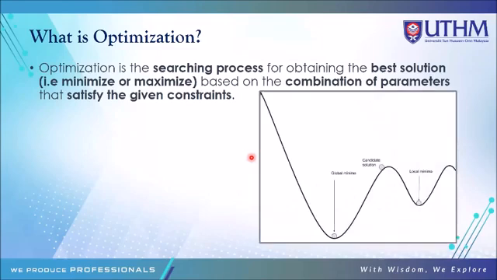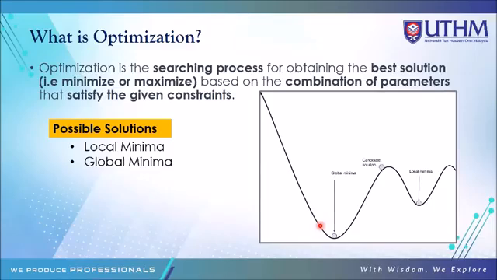Look at the example of the optimization solution. Basically, what we have to know in the optimization solution, let's say we try to minimize our problem. Of course, in the minimization process, we have two possible solutions. In a complex optimization problem, there may be some local minima. This is an example of a local minima. The global minima is what we try to search for by using an optimization algorithm.